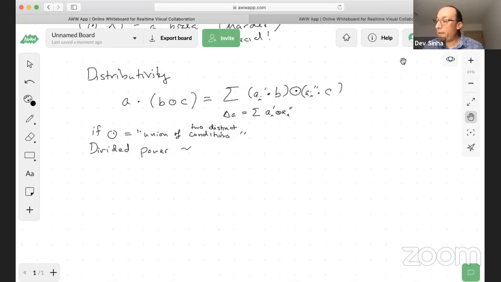Then divided power is the repeating of a condition. The point is that there is a divided power operation, so this is the divided power for the transfer product, that means that